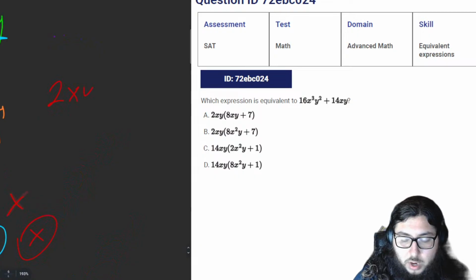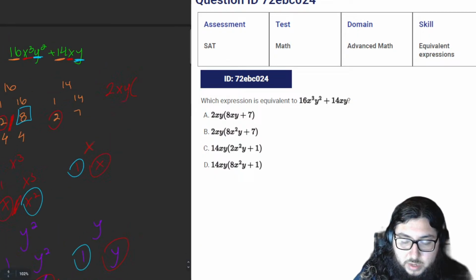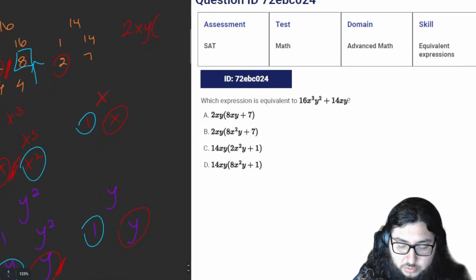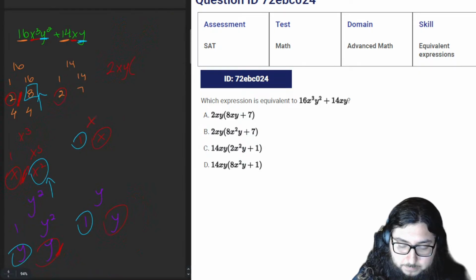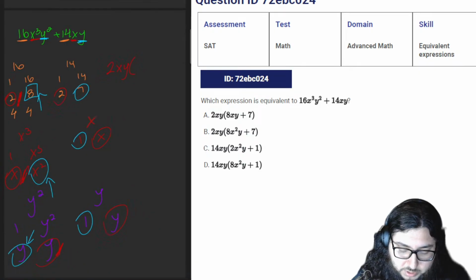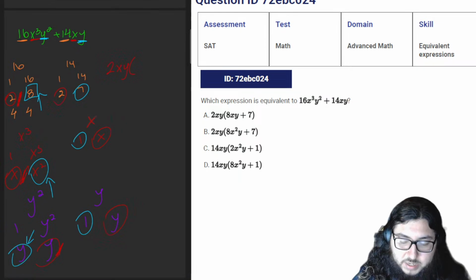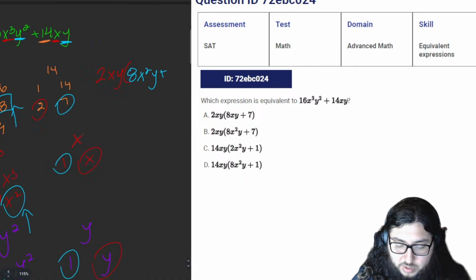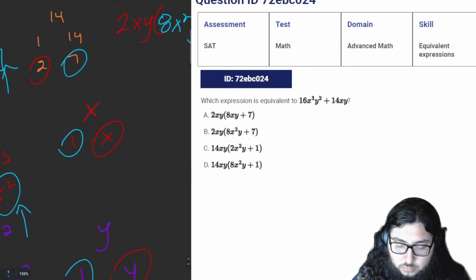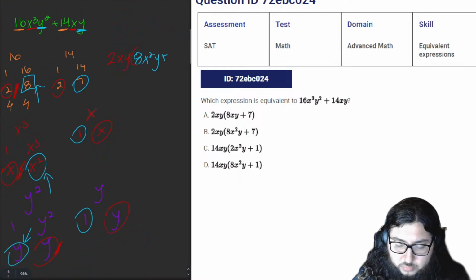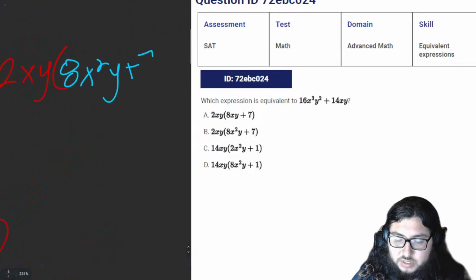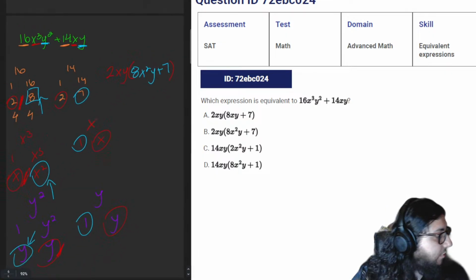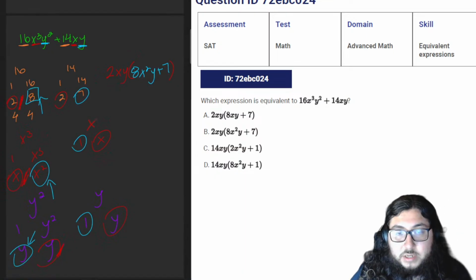So 2xy times what's left over. So we have 8. These you account for each time. So we account for the left side and the right side. So that's 8x squared y plus, and we have 7, and we have 1 times 1. So 7 times 1 times 1 is just 7. So this is what we should have left over. 2xy